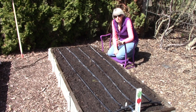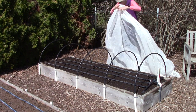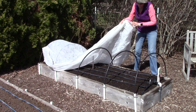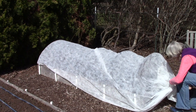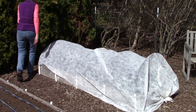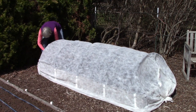Now, none of these crops have to be pollinated, so that means you can leave the bed covered for the entire season other than to maybe weed or to harvest. Here's all the hoops. Now you can see those white pipes in action. I've got one end of this bundled together with a rubber band, kind of like a ponytail. So there's one end. And then I'm bundling together this other end,